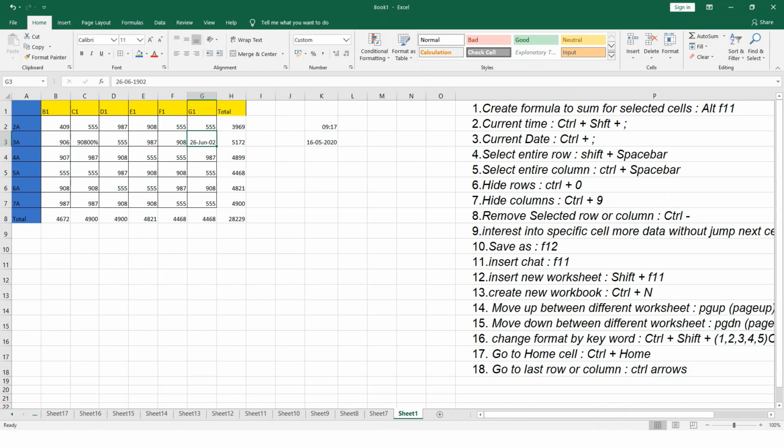By 3, it comes under the date format. By 4, it comes under the currency format, and by 5, it comes under the percentage format. Same as by Control and Home and Control plus arrow keys, you can go to different locations.